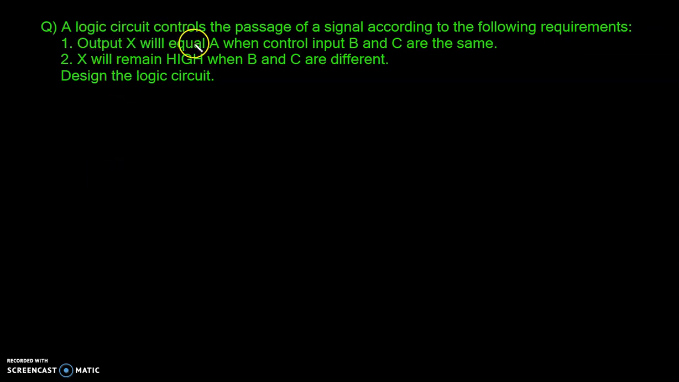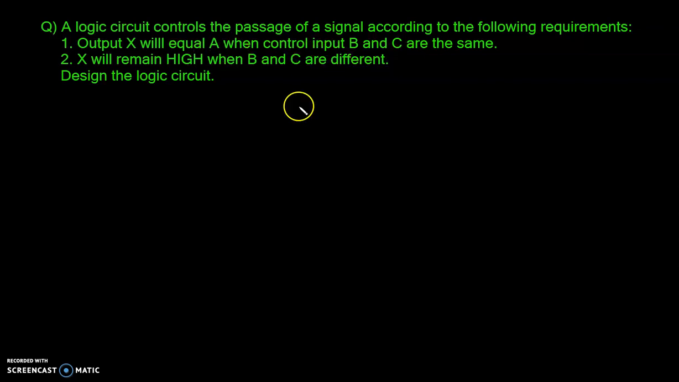A logic circuit controls the passage of a signal according to the following requirements. Output X will equal A when control input B and C are the same. X will remain high when B and C are different. Design the logic circuit. So this is an easy problem, and as we can see we have three inputs